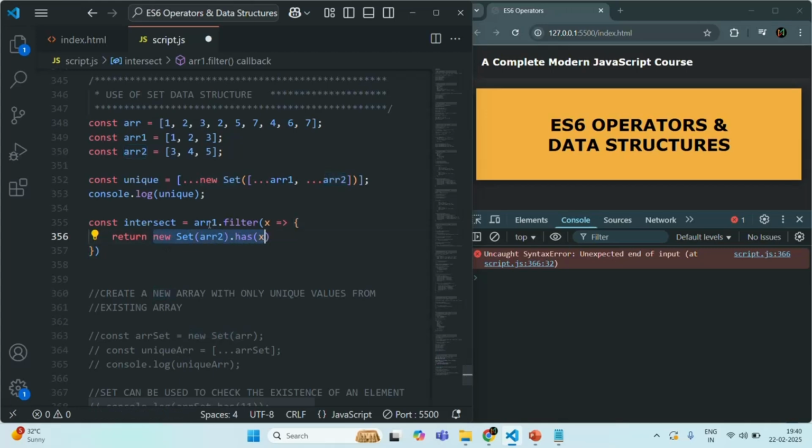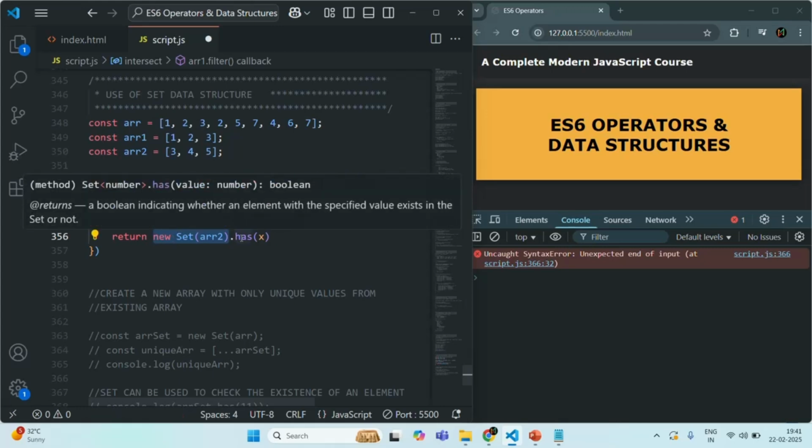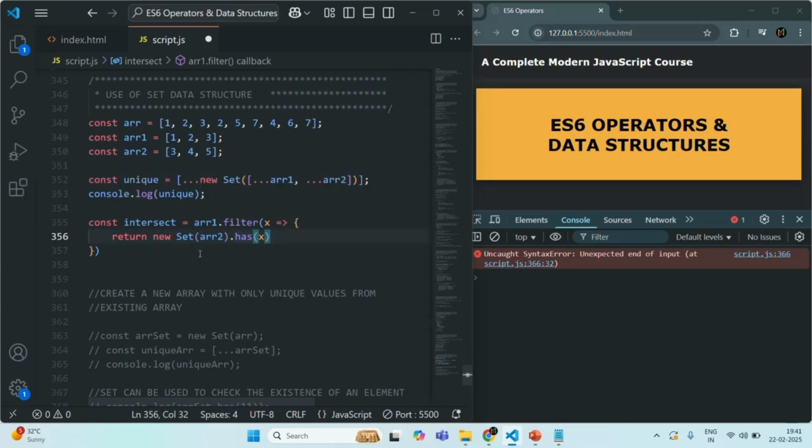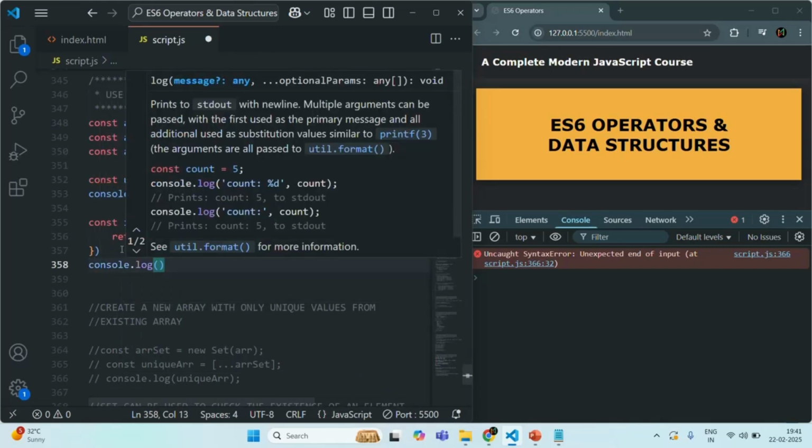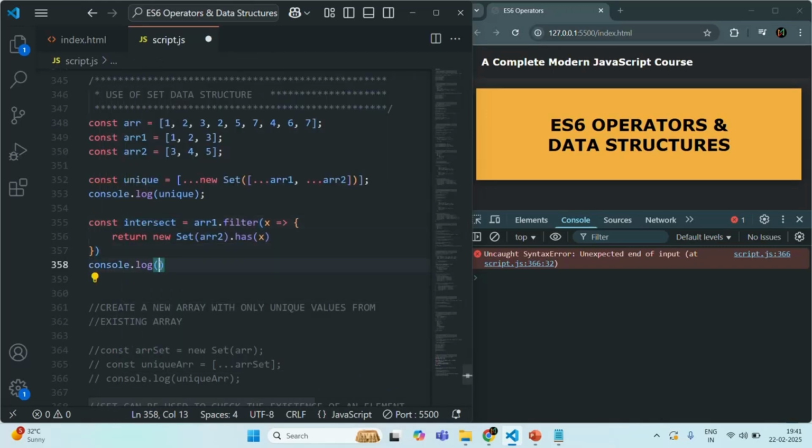So from ARR1, for each iteration we are going to receive an element in this X variable. We are checking if that X is present in ARR2 or not. To check that, first we have converted ARR2 to a set, and on that set we are calling the has method. So let me log this intersect, and if I save the changes,